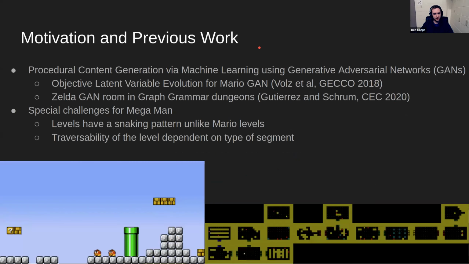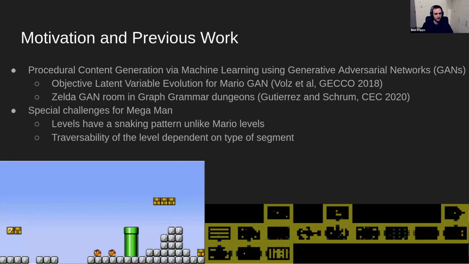So some motivation in previous work is that procedural content generation via machine learning using generative adversarial networks has been proven to be effective in both Mario and Zelda. And that's stuff that Dr. Shrum and his peers and students have worked on in the past, as well as a few other games that